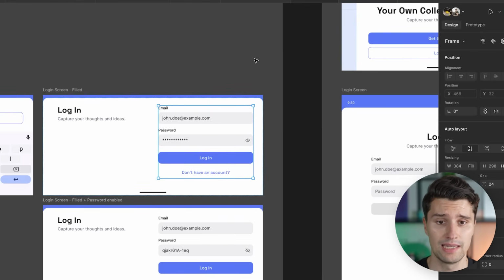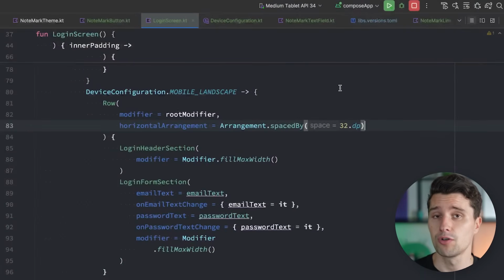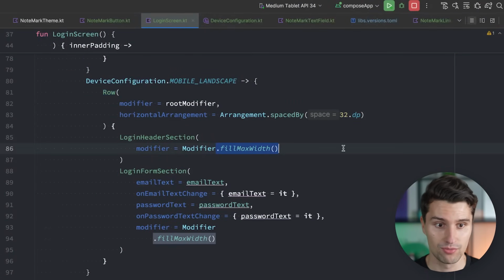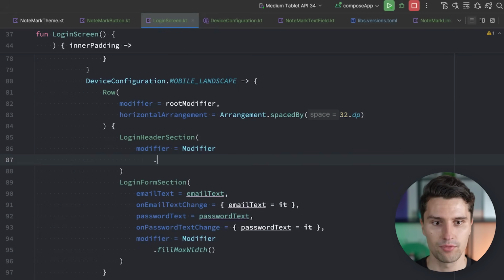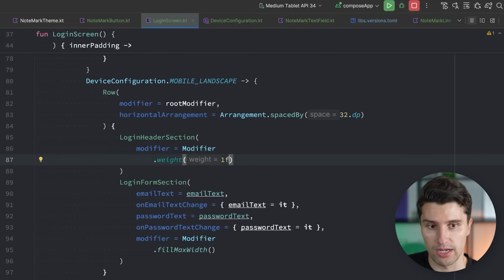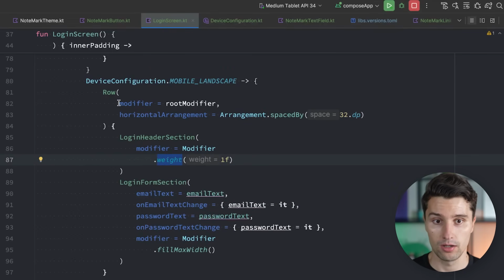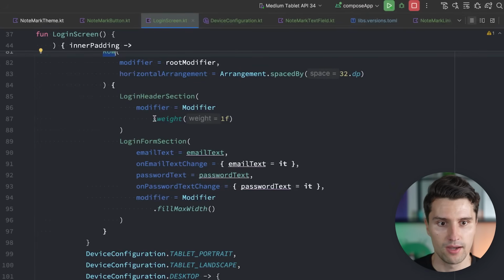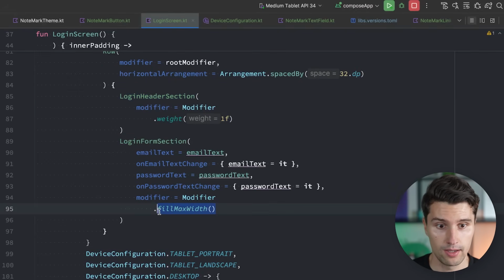That's something I will also say something about in a moment. But given that these 2 sections here occupy the same width, we can make use of relative units. That is what I mentioned, because here inside of a row, we don't want to make both these fill the maximum width, but we want to give them weights, and especially equal weights, because weight will take the entire width of this row, however wide the screen size will be in mobile landscape, and then simply give the header section 50% of the width, and the login form section also 50% of the width, because they